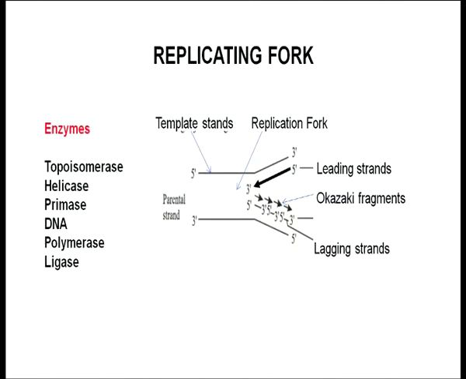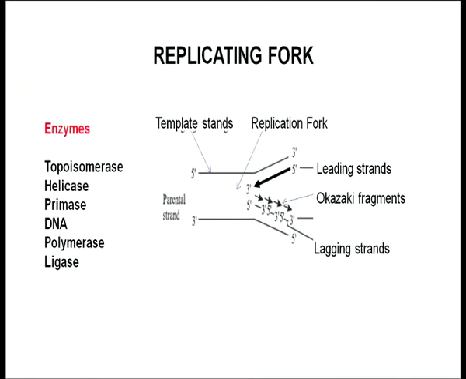The DNA polymerase enzyme cannot start the replication on its own. It needs a primer, and that primer is 5 to 10 base pairs of RNA, which is synthesized by the enzyme primase. The primase will synthesize the RNA, and the DNA polymerase will keep on adding the nucleotides which are present in the cell to that chain, and ultimately the new strand of DNA is synthesized. As you can see here, the new strands are one, the leading strand, and the other, the Okazaki fragments.